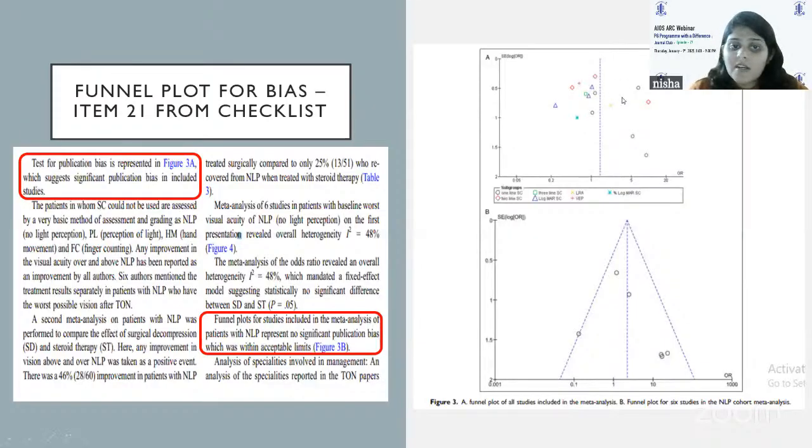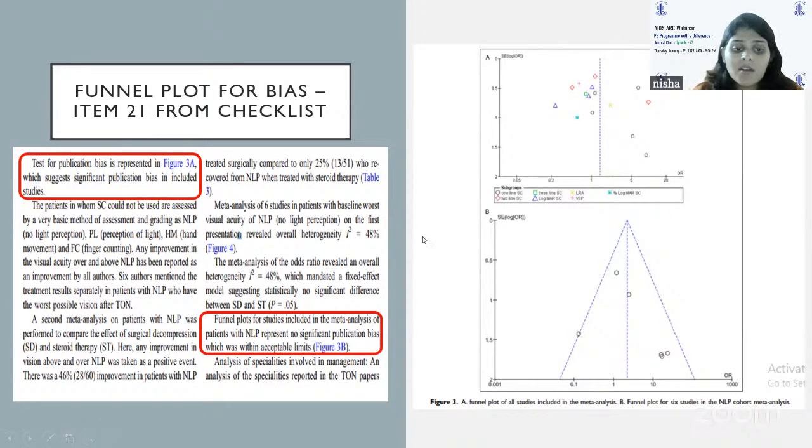So this is the funnel plot that I was talking about. This is basically the funnel plot for all the 16 studies that they had put. And ideally, what we expect is an inverted funnel with a symmetric distribution. But here we can notice that there is a concentration here, and it is not a symmetric distribution at all. This is classical of a condition where negative studies with small sample sizes are usually not published, and therefore the